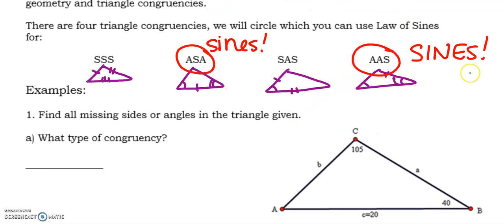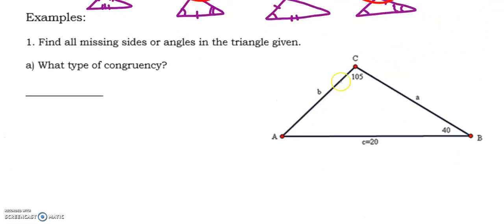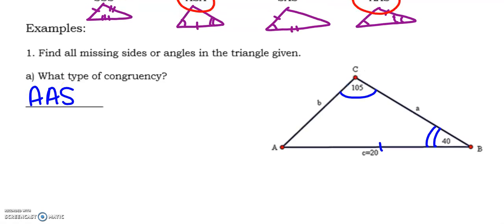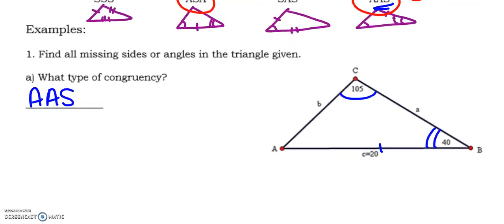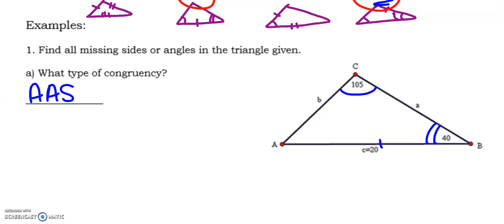So what I have here is I have a given angle, I was given another angle, and I was given a side. So this means I have an angle, and a side that is not sandwiched in between. So angle, and a side not sandwiched. Great. Angle, side was one of the ones that I can use the law of sines. So what I'm going to set up is figuring out, I still need to look for side B, angle A,